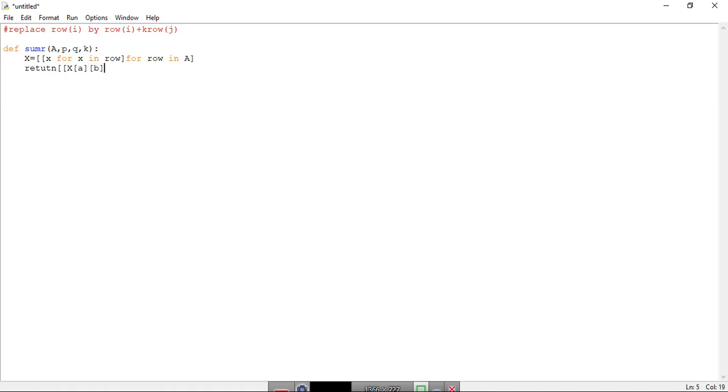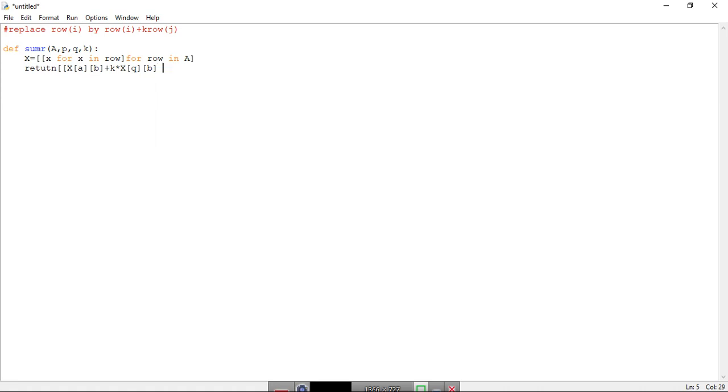So we will take a particular case where the row a is p. If a is equal to p, then you have to add, a simple calculation. So return x a b plus the scalar k times x q b.